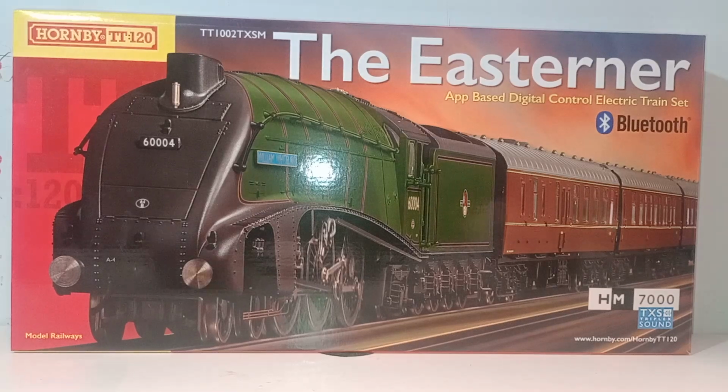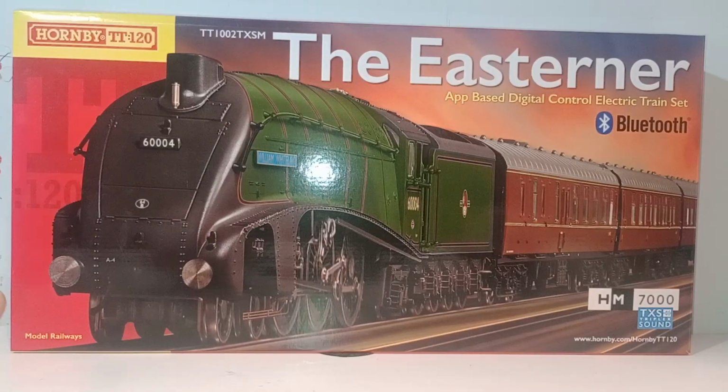Right, final thoughts then. Well, this is a brilliant set. It's a really nice true scale, high quality locomotive and lovely coaches. I think it's good value for money. Now, when it comes to the sounds, they are pretty good, but to be honest, I'm not sure. I think they get on my nerves after a while, and I would probably run it most of the time